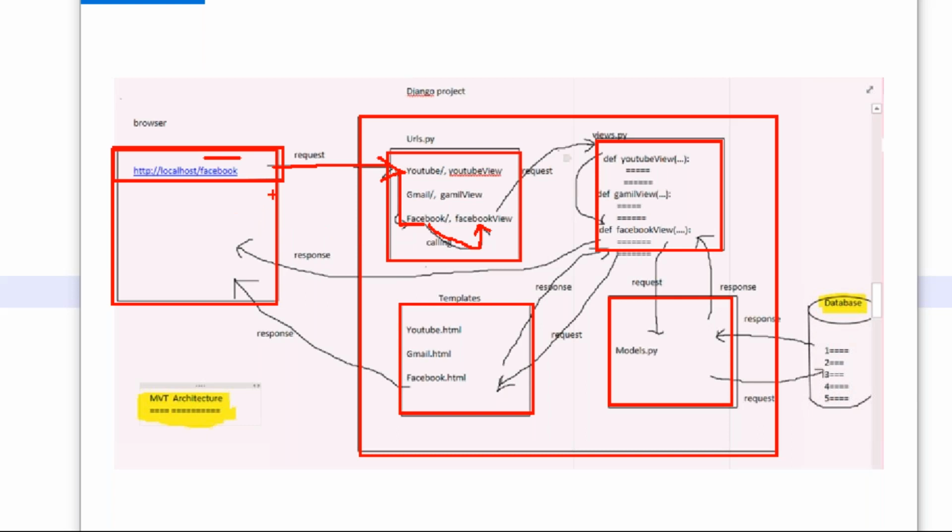Okay, one URL matched, Facebook. Then our cursor jumps to views.py. In this views.py, it checks whether the Facebook view name is there. First one does not match, second one does not match, third one matches. Whichever view matches, our request goes inside that view and performs the logic.